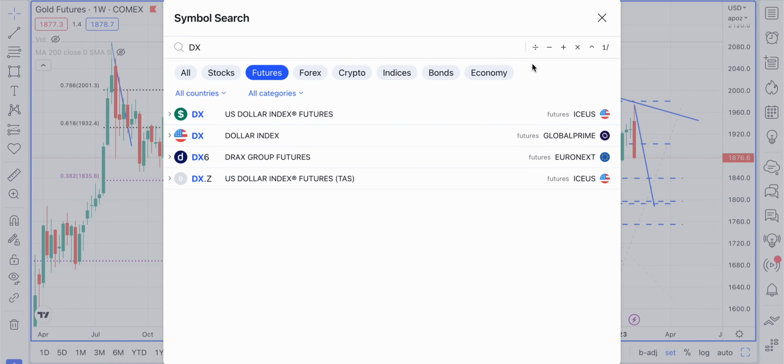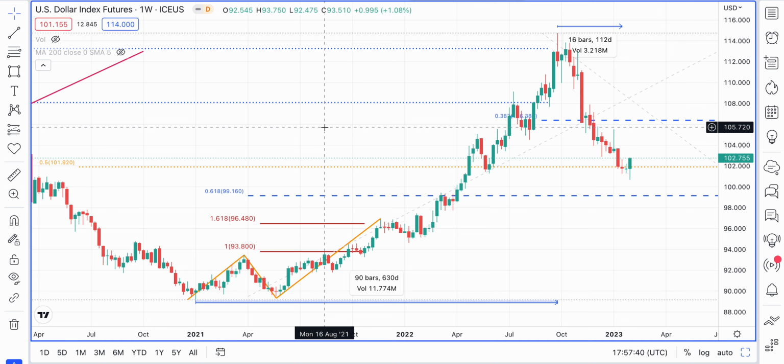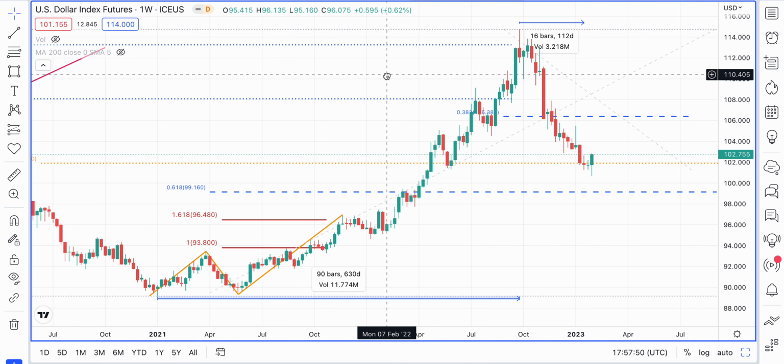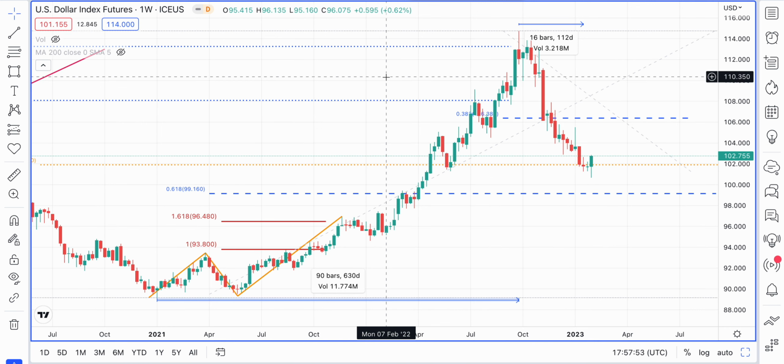While we're on gold, we should also look at what's happening with the US dollar, because when the US dollar is stronger, it impacts gold on the negative side. Although we have a view that the US dollar has actually topped longer term, and we had done a video about it, I'll post a link for that. In it we describe why we think that the US dollar might have topped for quite some time.